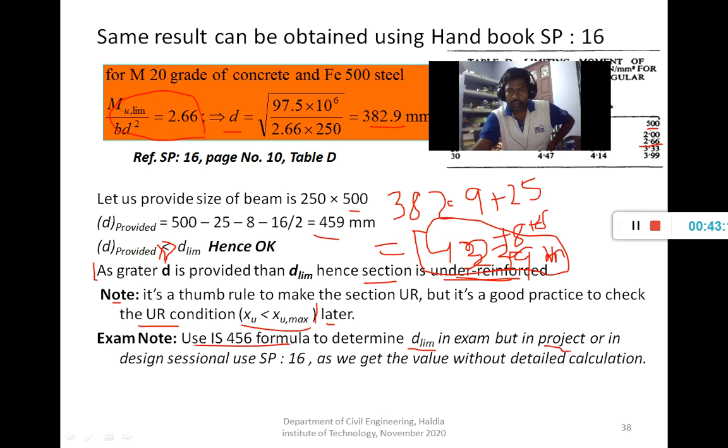But in a project or design session, use SP16 to get the value, because if I use SP16, it reduces the design time. We can get the value easily without detailed calculation. But for exam purposes, use the IS 456 equation to determine D limiting.